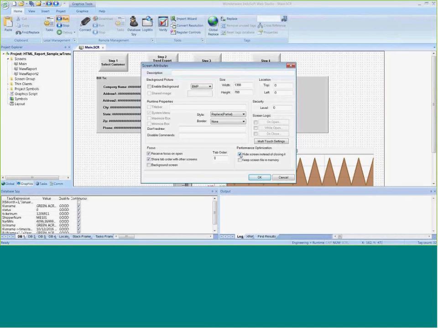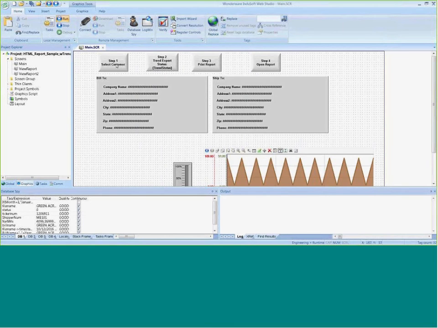And I'm not sure if the trend will actually still be running and collecting data and visible in the background. That might be something we have to check out. But to generally answer your question, can you do things programmatically instead of pushing buttons? The answer is yes. Another question that came in was